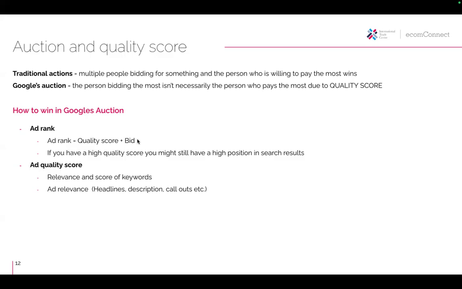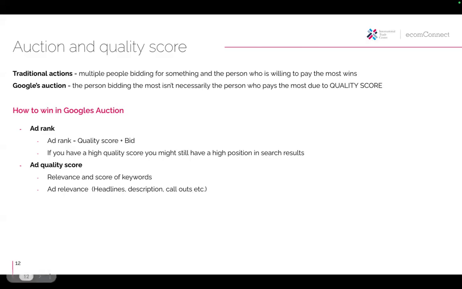That is a great question, and I think this is now moving on to the optimization part almost of advertising. So to get the quality score high, you will need to have a high quality ad. You get a high quality ad if you have relevant and high quality keywords and high quality relevant headlines, descriptions, and calls to action. So everything that the ad is actually built from.